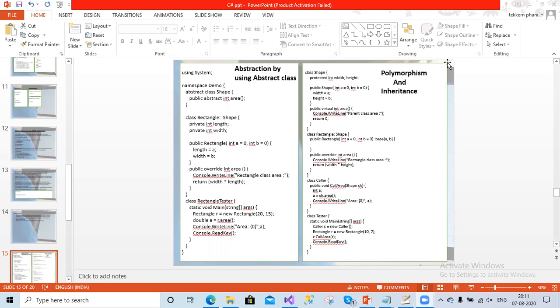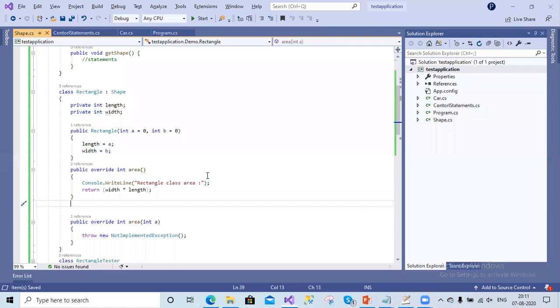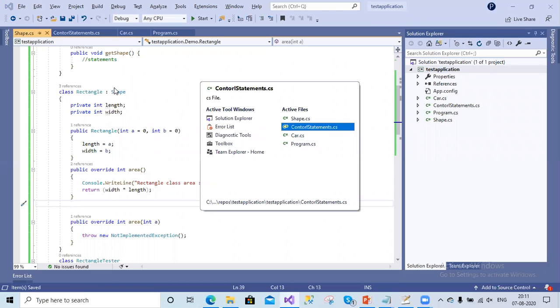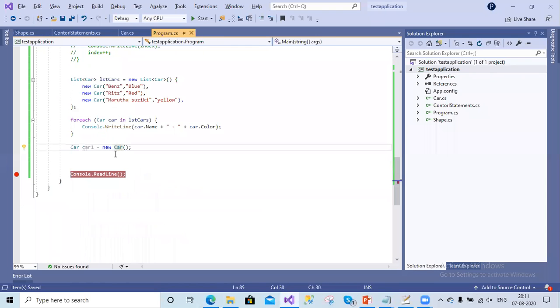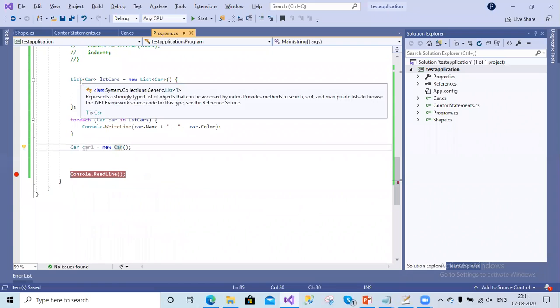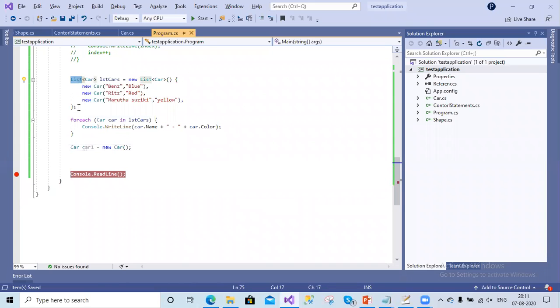Will we cover linked list also? No, we're not covering lists here. I already showed some example for the list, just a basic example of how to use a list. We don't have much time to cover all the topics here, that's why I'm giving you some basic topics only.